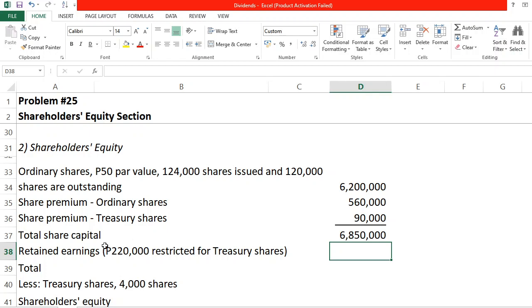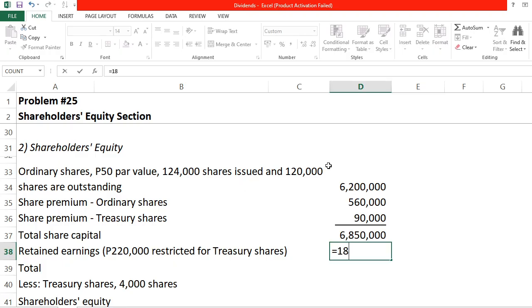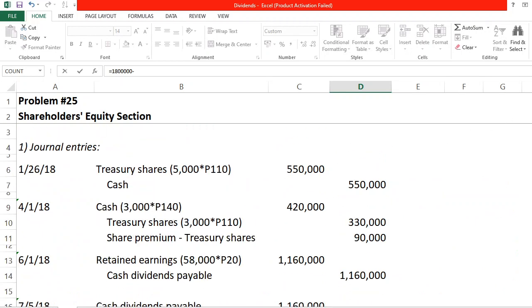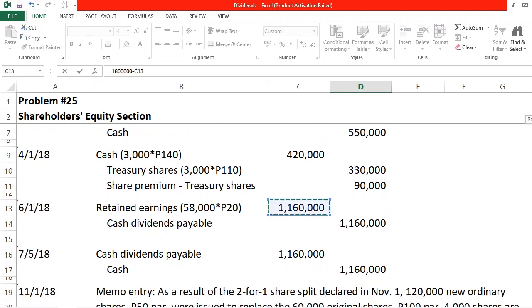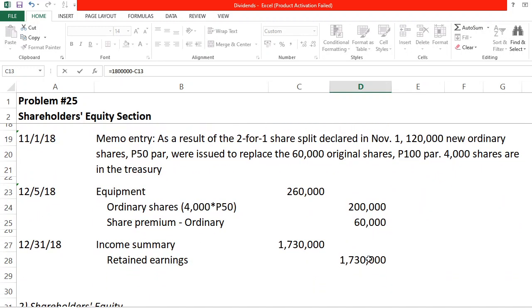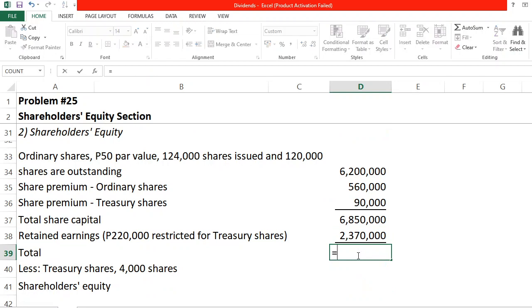So let's continue. We have retained earnings. Retained earnings at the beginning, we have 1.8 million. And then let's see kung may nangyari ba kay retained earnings during the year. We have dividends, nag-issue, so that's minus. And then we also have this, nag-add for the profit. Therefore, our retained earnings at the end of the year is 2.73 million. I will explain this later. So, our total is